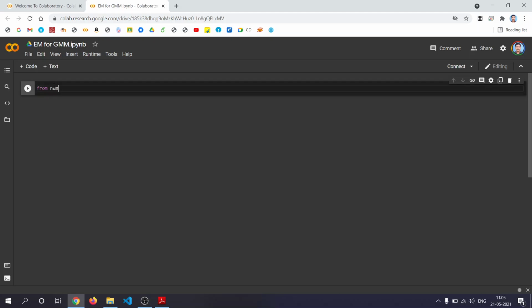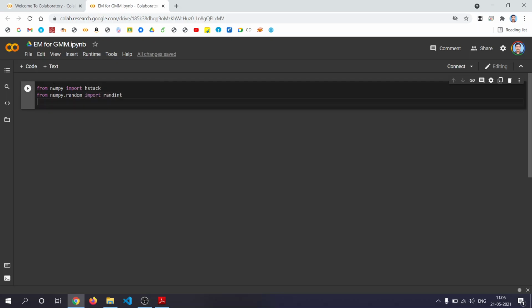From numpy we'll import hstack, and we require random. From numpy.random import randint, and let's take plot also. From matplotlib.pyplot import pyplot.